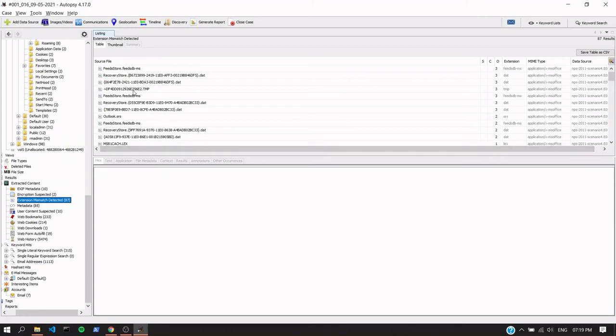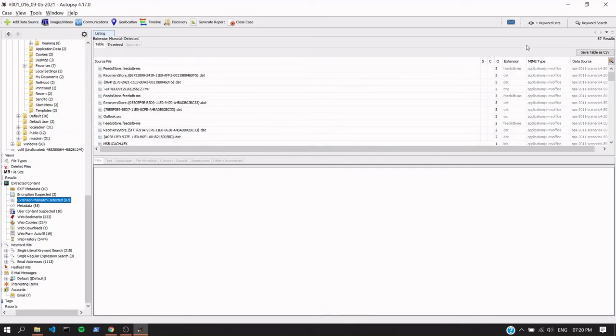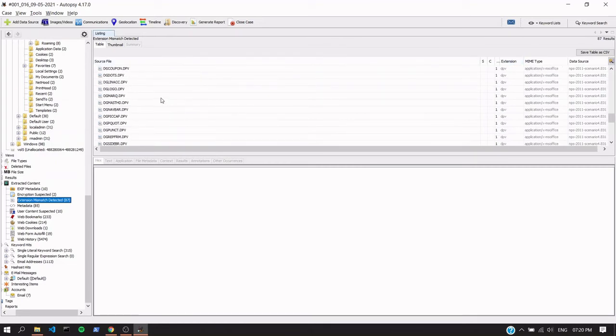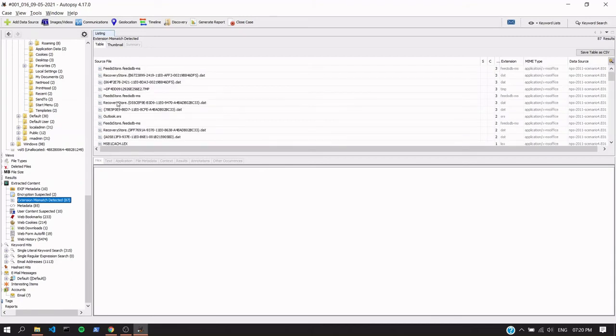Okay, so here we got 87 records, so we can see this. Here are the different mismatches which the system tells us are possible. So this is a list of images which Autopsy thinks could have a mismatch. We can't say surely that there is one, but it's kind of false positives.